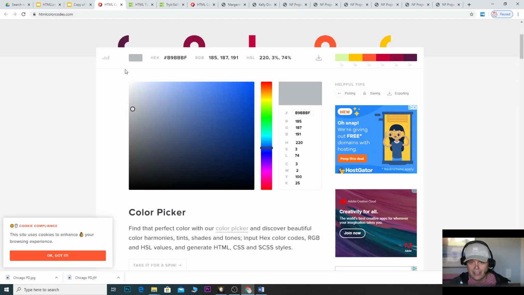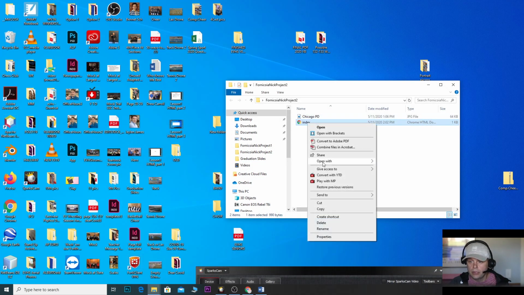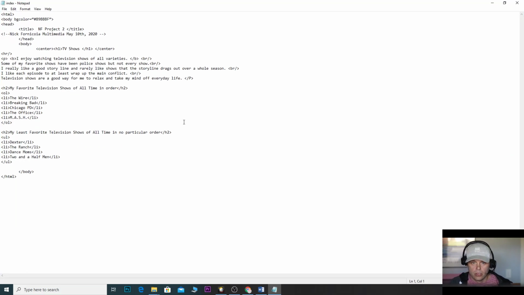I don't know what I did. This looks like gray to me. Did I do the right code? Wow, B9BBBF, B9BBBF, right? Interesting. Might be my monitor or whatnot, but that's a different color than I expected. Okay,